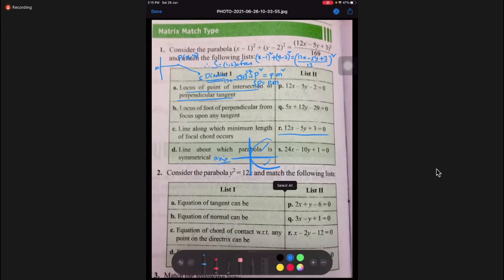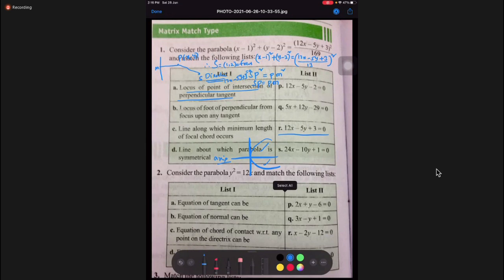One second now. Understand, students, the geometrical conditions, what they are asking about a parabola in the first passage. Here it is curve tracing only, students, no big calculations, no inverse trigonometry. So please maintain the interest here so that surely you will enjoy. So option C answers P. Next, matching type.